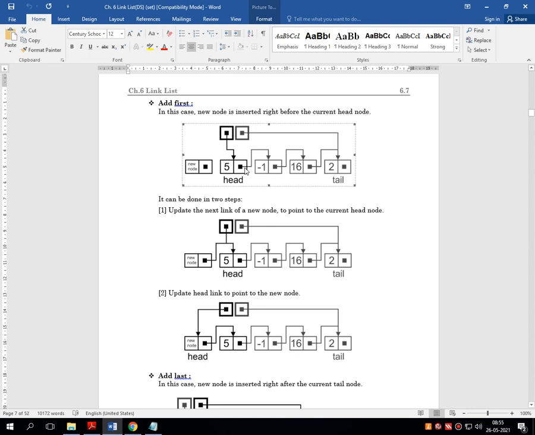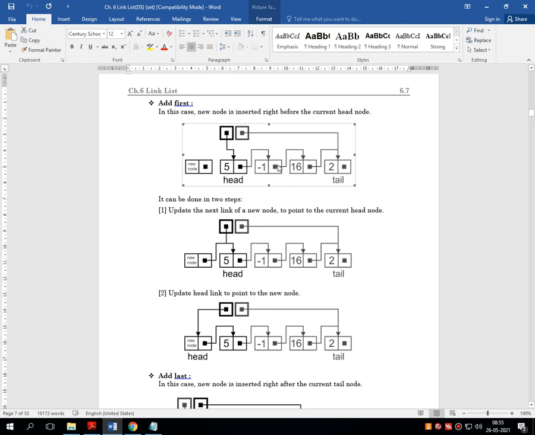That means a linked list is already created, where it already has the first node.